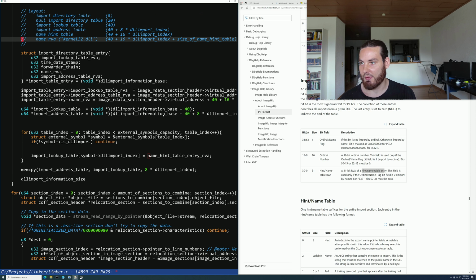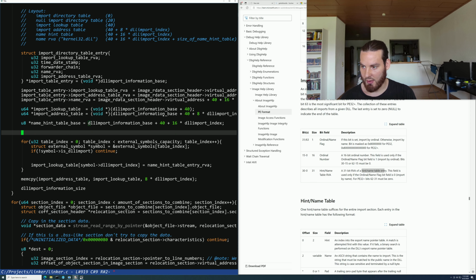So let's get the address of that. Should be at this offset. I don't need to cast that right now. Let's call this the name hint table base. Then name hint table offset, let's call it at,